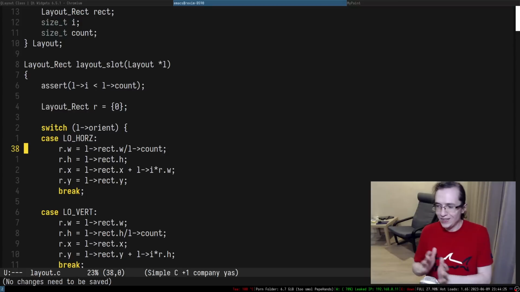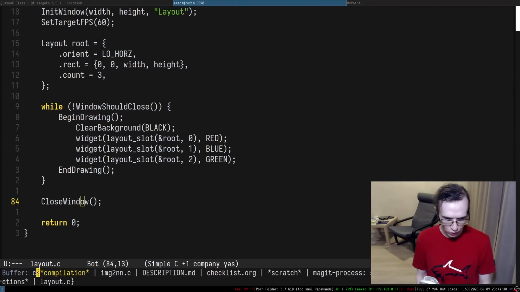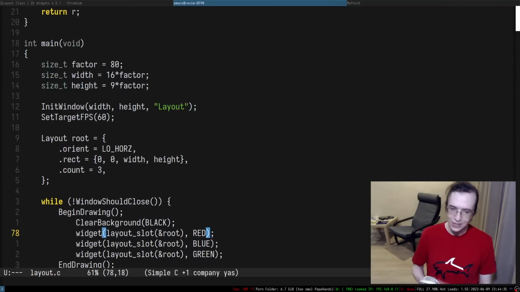You know what I mean? So if we try to recompile this, we don't have to provide all this stuff. We always say layout slot, and then next layout slot, and next layout slot, and so on and so forth.